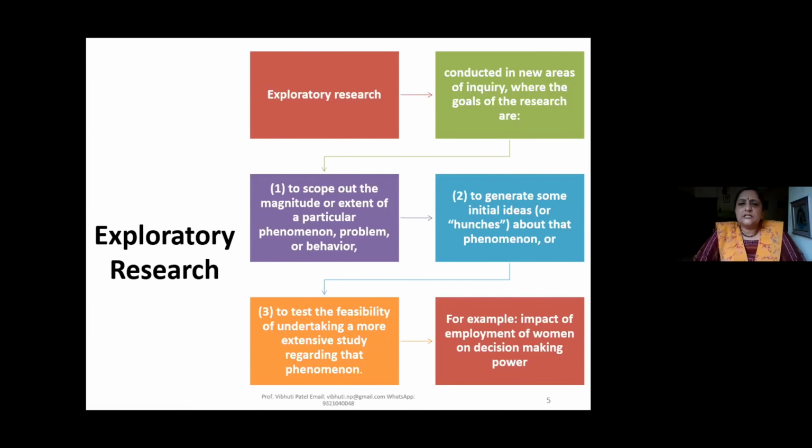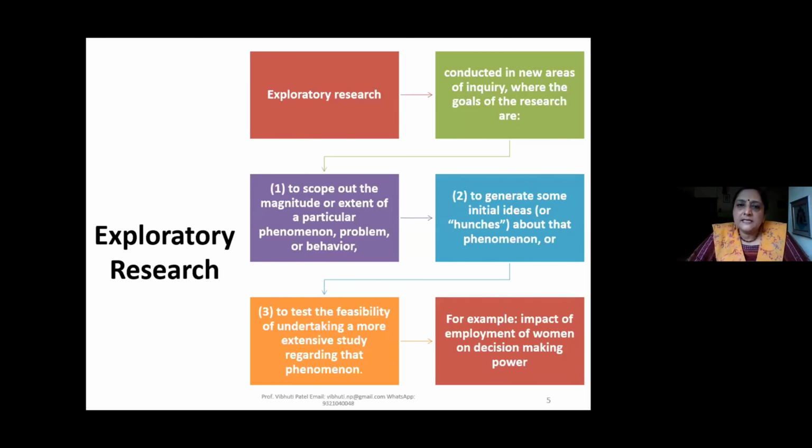The one hunch that came out was that the work participation rate of women was very, very low in India, 11% only in 1971. And they said that if women are economically independent, they will get more dignity and more respect in the family, and there will be fewer cases of discrimination and violence against women. Now, this is the general common-sense understanding. But how do you prove it? You have to prove it through your research.